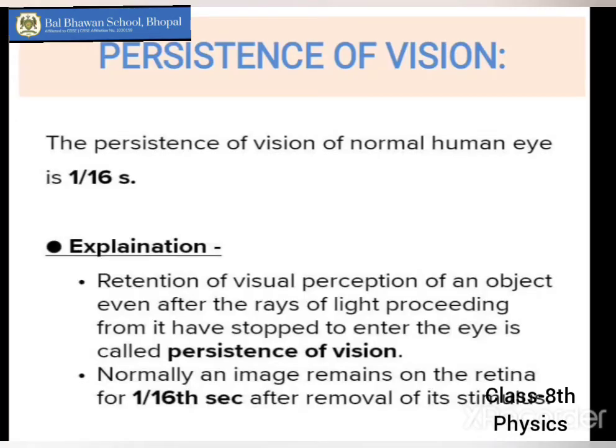Okay, children. So the next phenomenon that we will learn about is persistence of vision. What does it mean? It is simply that an image formed on the retina will last for about 1/16th of a second. Okay, so if you see an object, the image will be formed on the retina and it will last for 1/16th of a second. You just know that the object is in front of you. You are able to see that object. But after that object is removed, even then, that image is there on the retina of your eye.